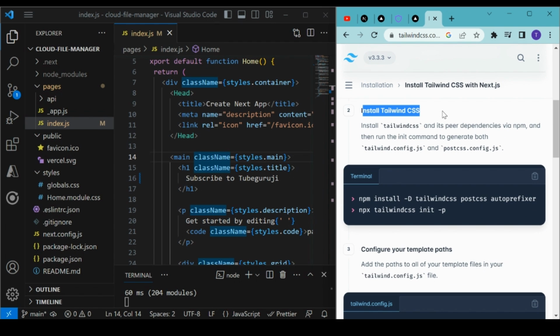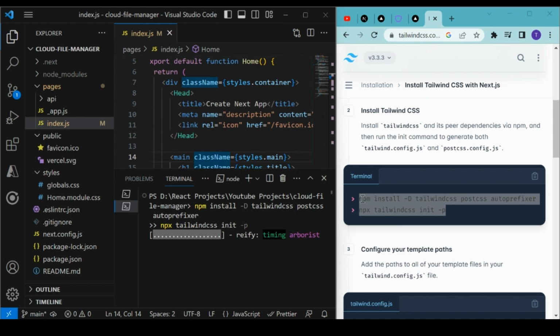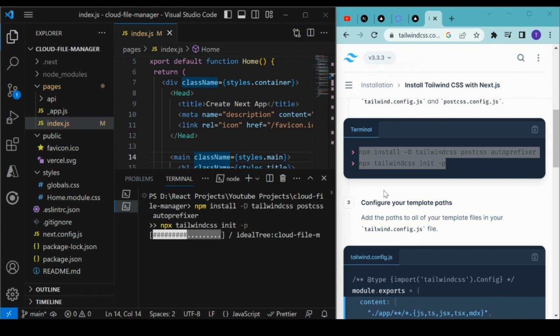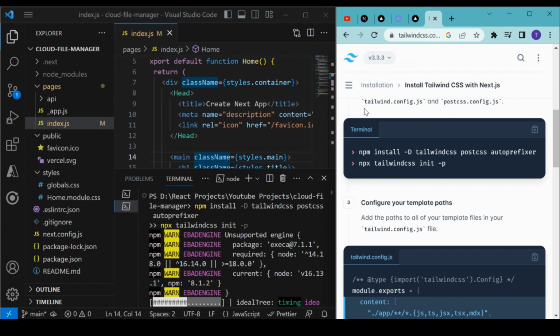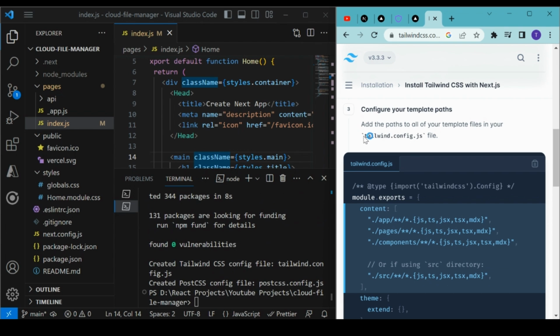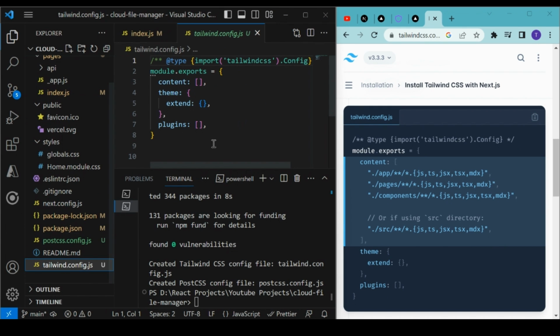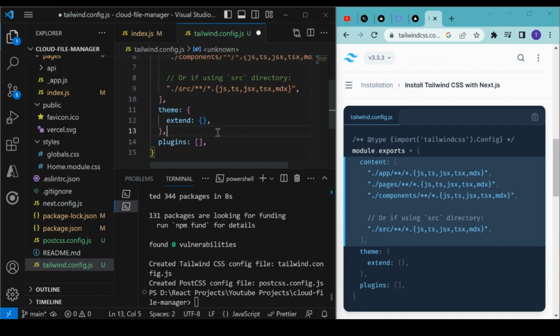Then in order to install Tailwind CSS, copy these two lines of command and execute them in a new terminal. So I will add a new terminal here and paste it. These two commands will help you create two new files called postcss.config.js and tailwind.config.js. Then in the next step, in tailwind.config.js we have to copy all this code. So go to tailwind.config.js. If you see, the two files got created, and paste the code like this and